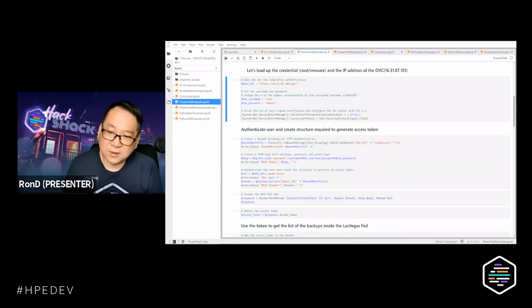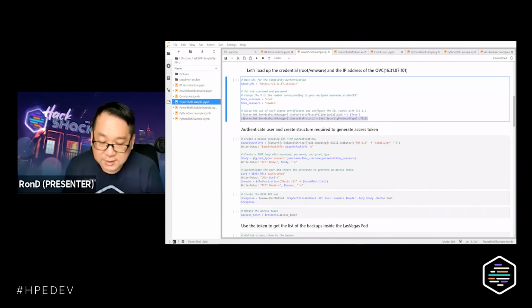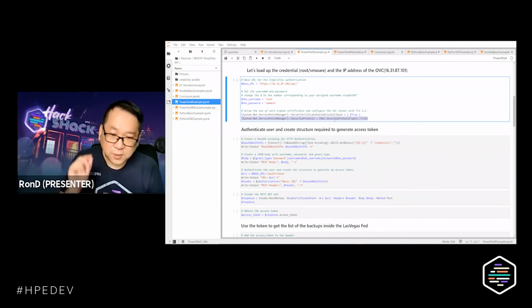I provided also the username and the password. So this username and password are the username and password for the administration. One thing that I will give you a note, moving forward after SimpliVity 3.70, you have to ensure that the security protocol or the certificate that is actually used for handshaking is based on TLS 1.2.